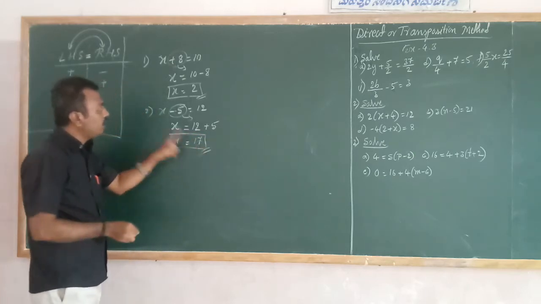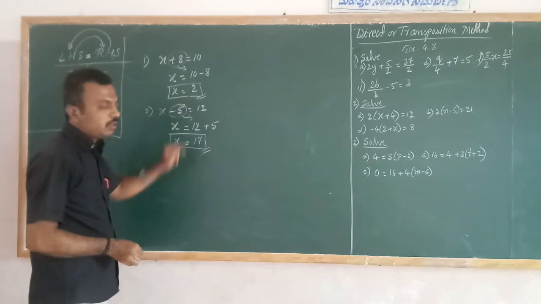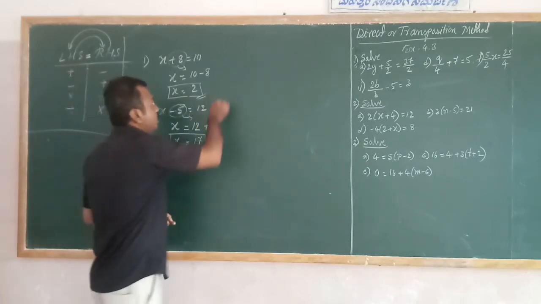If you put the value of x in this equation, 17 minus 5, how much does it become? 12. Understood? So like that,